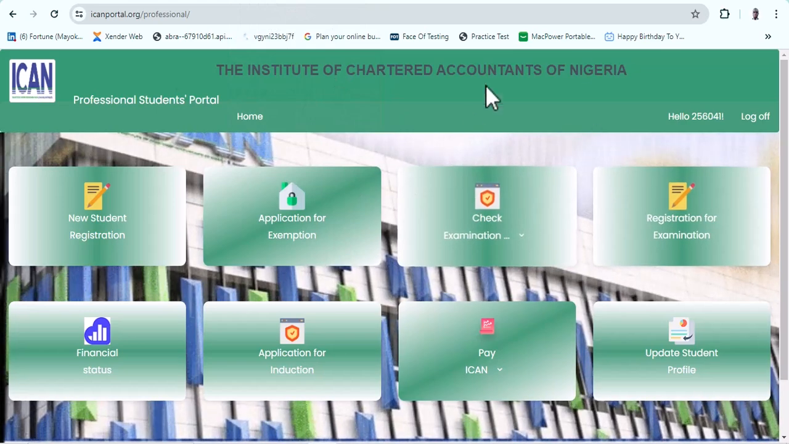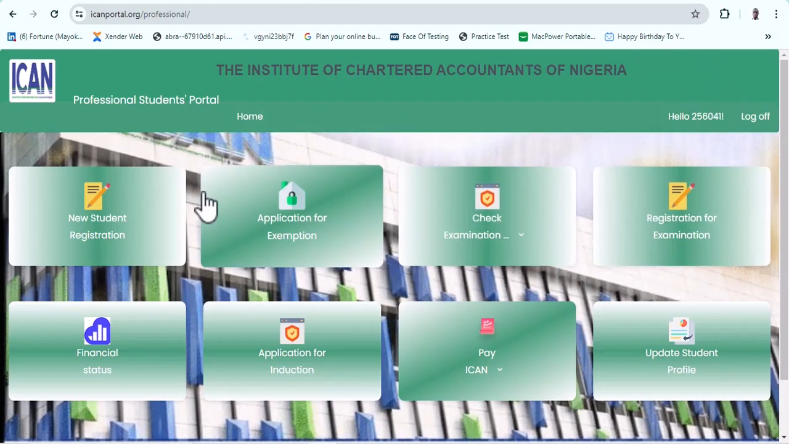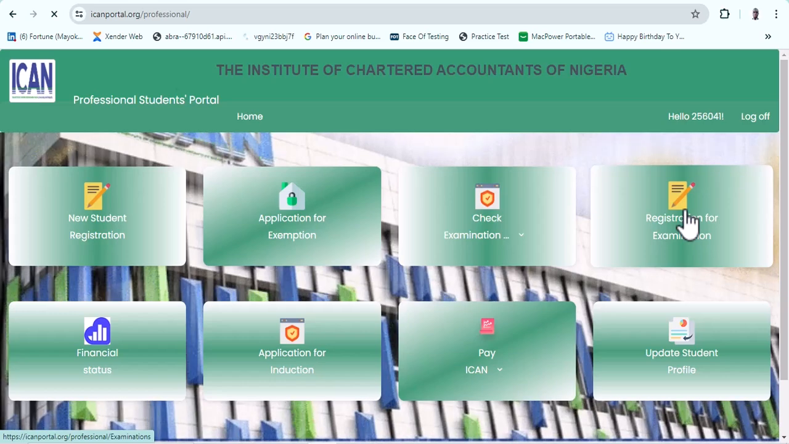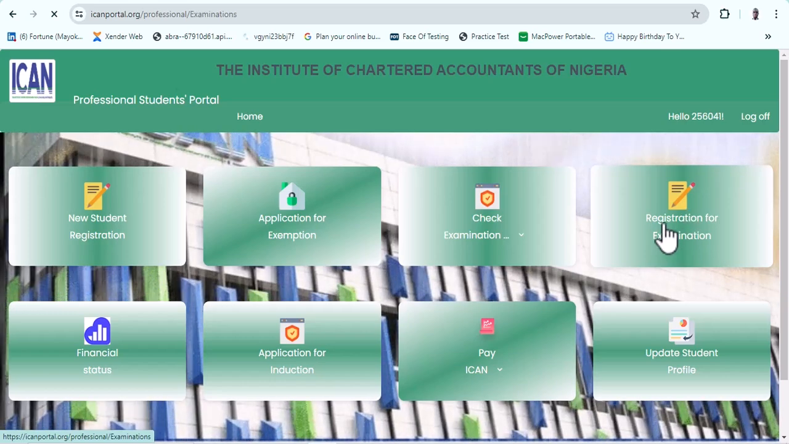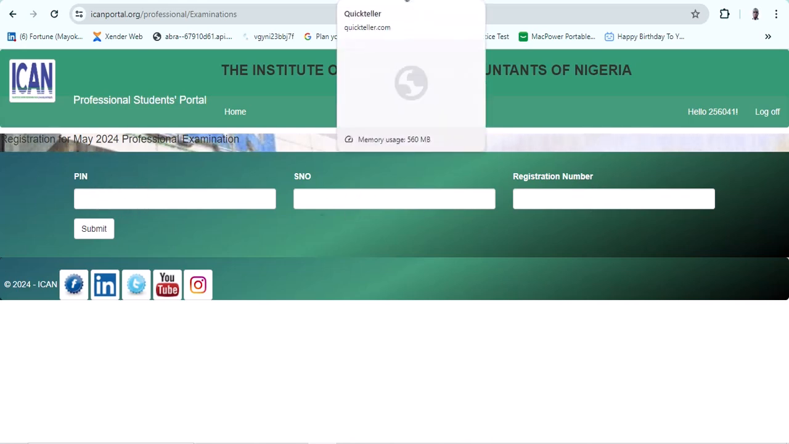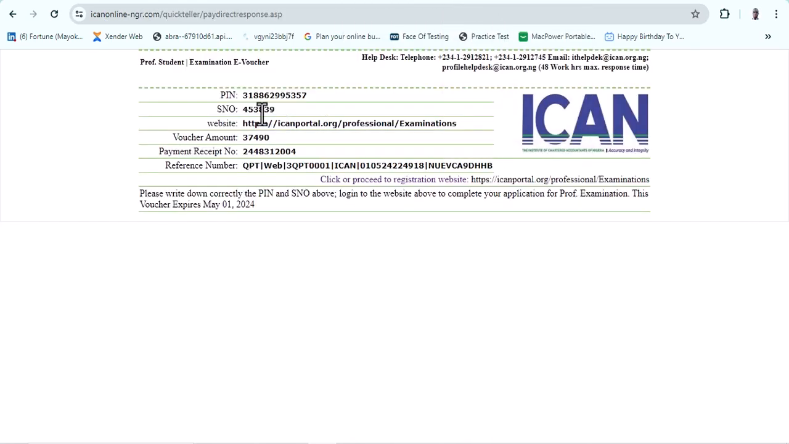This is the ICAN portal. You log in with your credentials and you head over here to registration for examination. It requires PIN, serial number, then registration number. I just go back to the site, I copy the PIN,